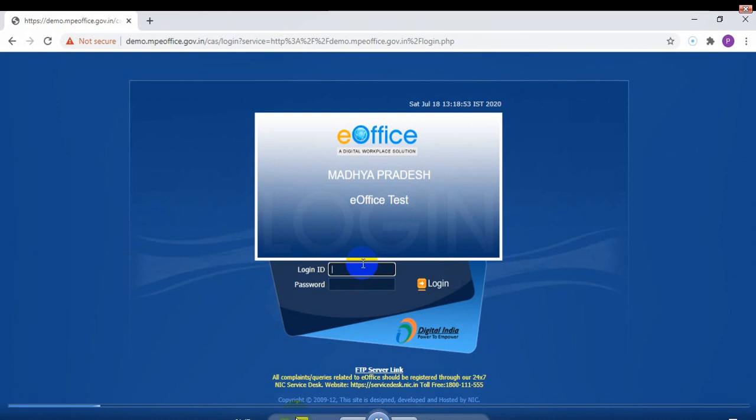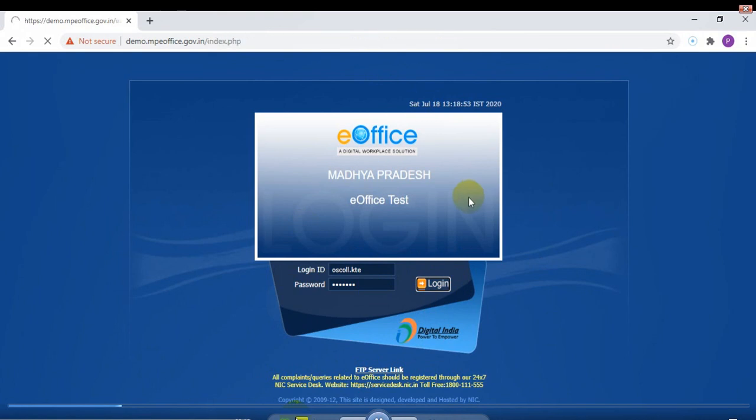So I'm taking first the office superintendent, called Adhikshak in collectorate setups. I'm typing his login ID. Let me enter the user ID of the office superintendent, then I will enter the password and click to login. It is taking time to open the next screen. Maybe internet speed is the issue. Let's get it open.